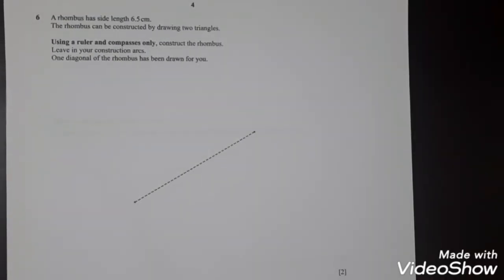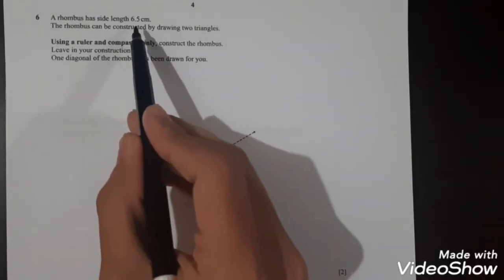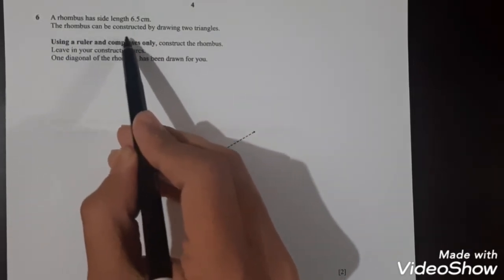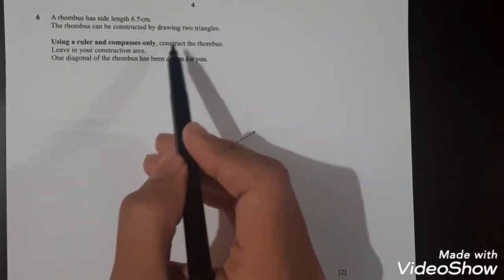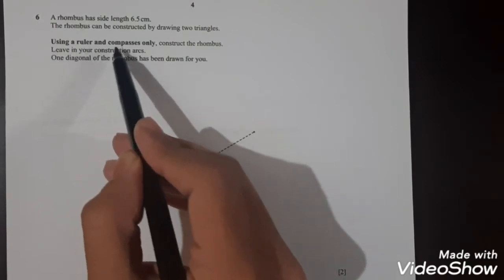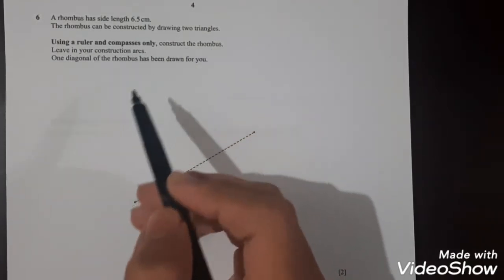Question 6 states the rhombus has a side length of 6.5 cm. The rhombus can be constructed by drawing two triangles. So using a ruler and a compass only, construct the rhombus. So we'll use a protractor and